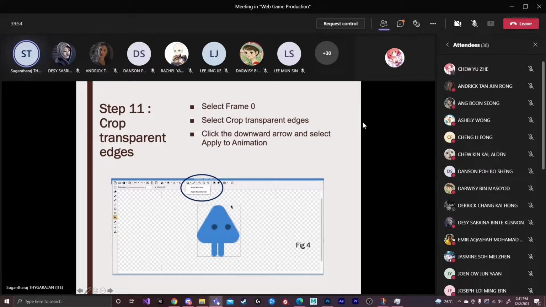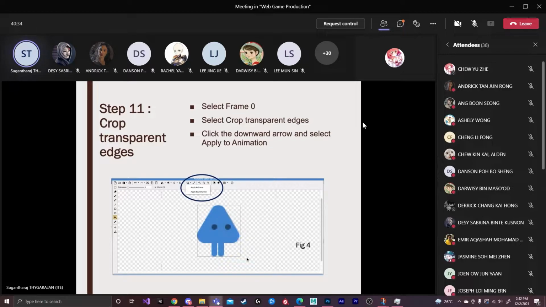Why we are doing this is because later when the player is going to collide with another object, another enemy or obstacles or items, we need to make sure the edges are proper. So we try to make the edges sharp so that it won't affect it when it goes and collides with the other object. It must look like it collides. So make sure that the edges are exactly perfect around the object.